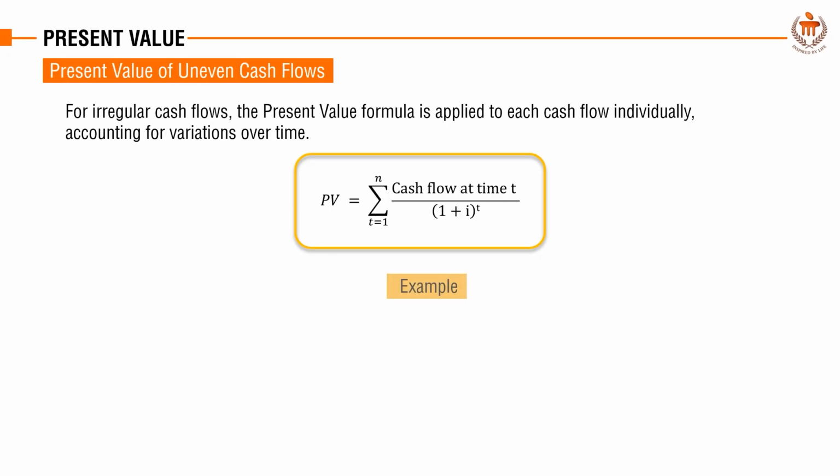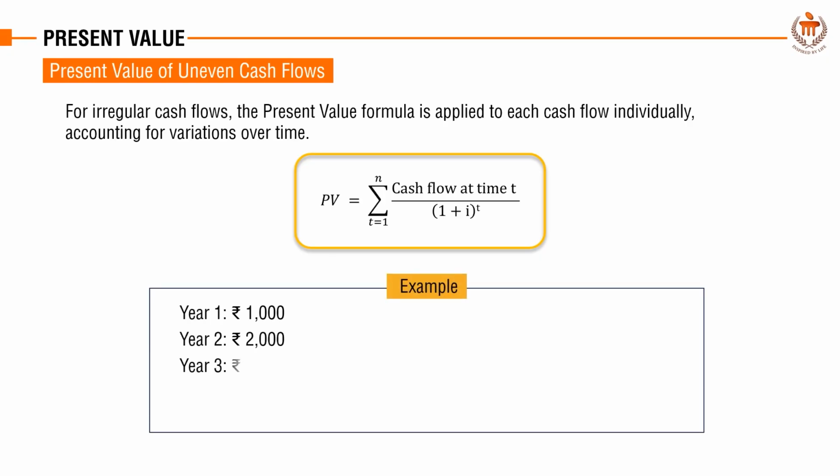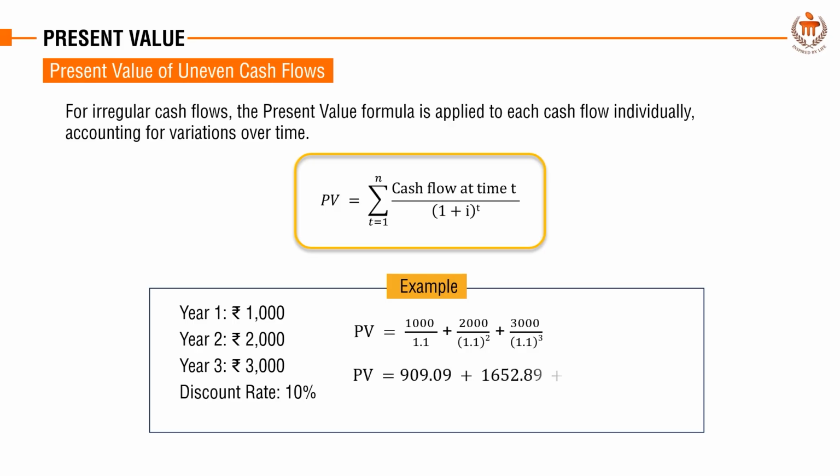For example, rupees 1,000, rupees 2,000 and rupees 3,000 received over 3 years at a 10% discount rate. To calculate this present value, we discount each cash flow individually. For year 1, PV is equal to 1000 divided by 1.1, that is 909.09. For year 2, 2000 divided by 1.1 to the power 2, that is equal to